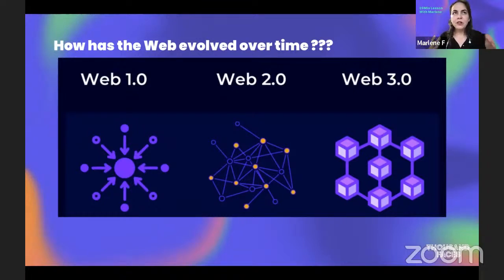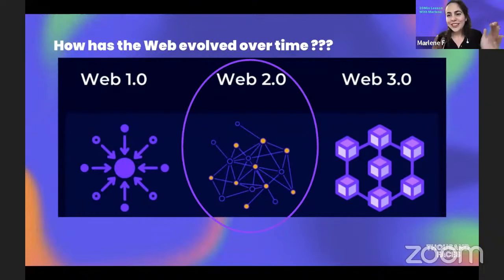However, there's still some structures in place where there are limitations about how users are connecting with one another. And this is how we're now going on to Web 3, which is the third side of the image on the right. This is really to show you how the users are connecting with one another, and there's not a centralized system in between the users. It's really the initiation of community building that started in Web 2, and Web 3 is here to revolutionize this and make the connection between users become what it can be.